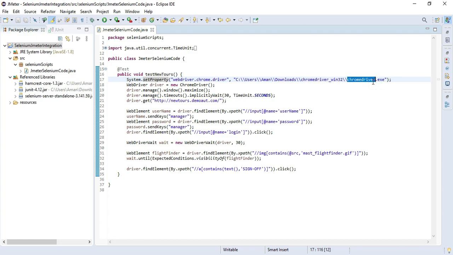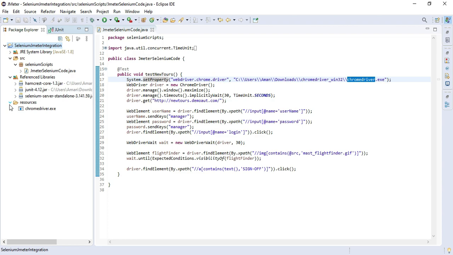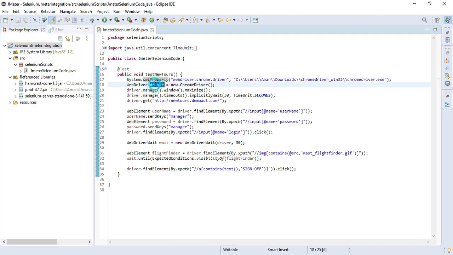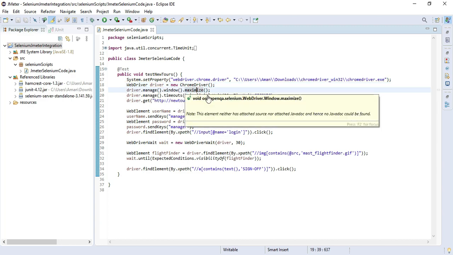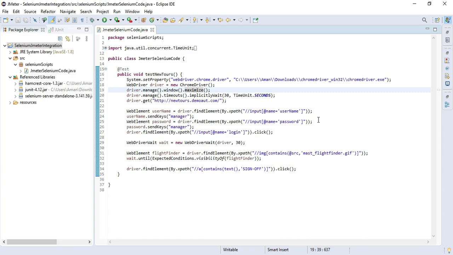Guys, just remember one thing, we do not need to bring this Chrome exe somewhere into our project like this. Just give the exact path where you have downloaded your Chrome exe. Here I have created the Chrome driver, and I have given the maximize command. I have also added the implicit wait here.